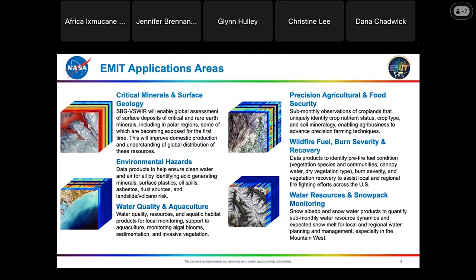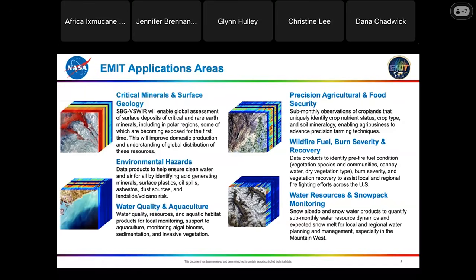So I'm going to kind of highlight some of the application areas that we're interested in with the EMIT mission, and then I'm going to go into a kind of a deeper dive on a couple different examples, mostly highlighting things that are being done by our science and applications team, as well as other collaborators. So, we have products already that we're generating for mineral estimation at the surface. And so that kind of helps us understand critical minerals and surface geology. We can also generate information that helps us understand environmental hazards, including landslide, volcano risks, dust sources, oil spills, surface plastics,